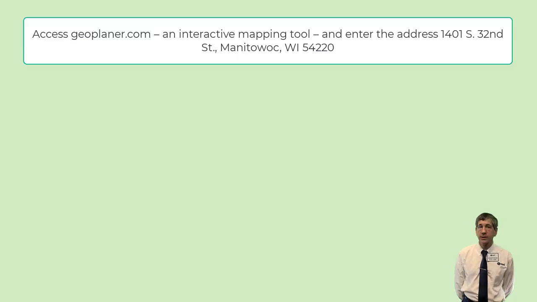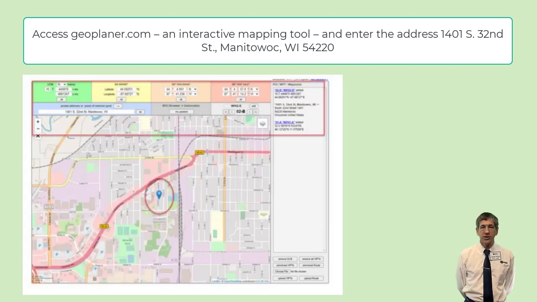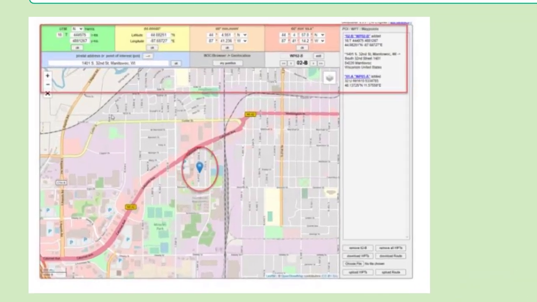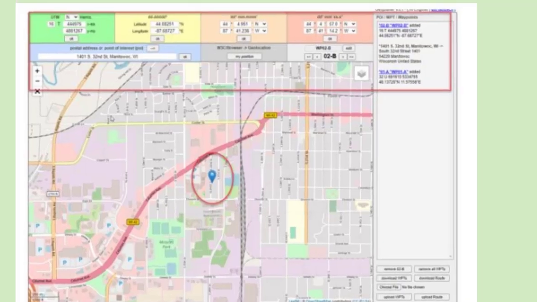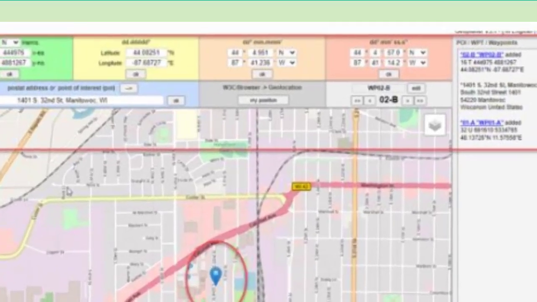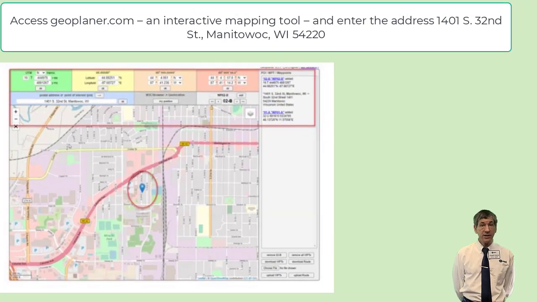Access Geoplaner, an interactive mapping tool, and enter the address 1401 South 32nd Street, Manitowoc, Wisconsin 54220. Geoplaner shows the location of that geocoded position in UTM, decimal degree, and degrees, minutes, seconds. See this Geoplaner map showing 4 different coordinate formats for a given point on Earth. Note the formats for the street address: UTM, decimal degree, decimal minutes, and degrees, minutes, seconds, respectively across the top